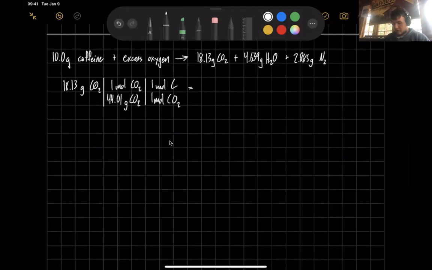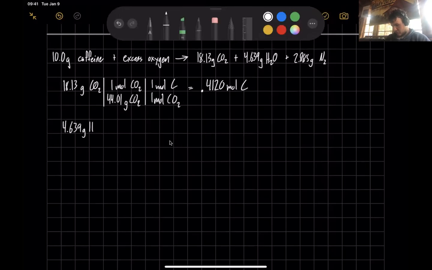If I plug this into the calculator quickly, that gives me 0.4120 moles of carbon. I'll repeat this with the water, or H2O,